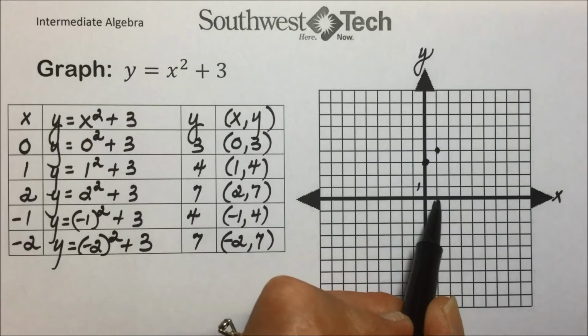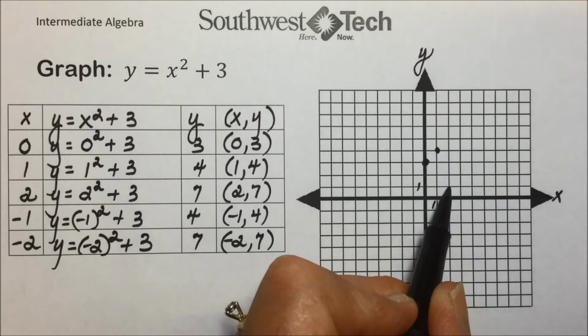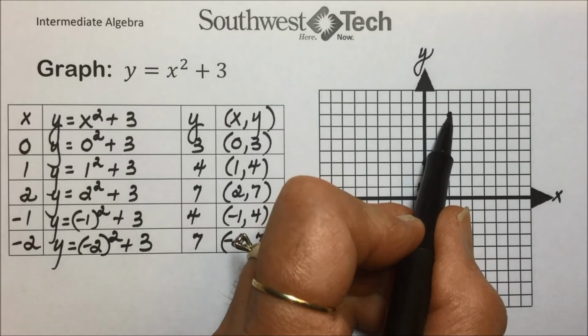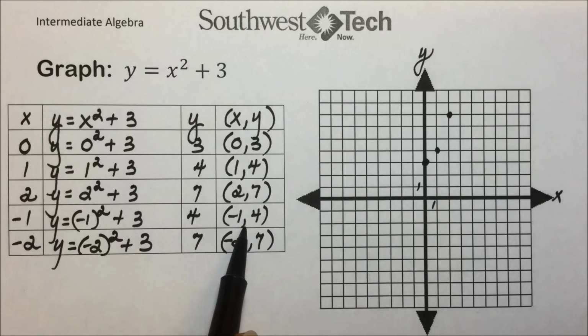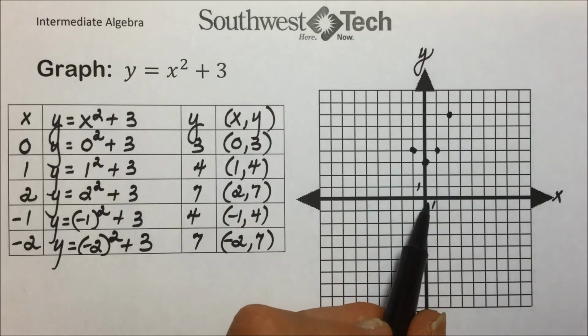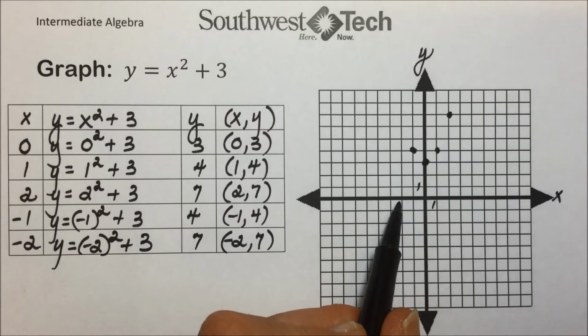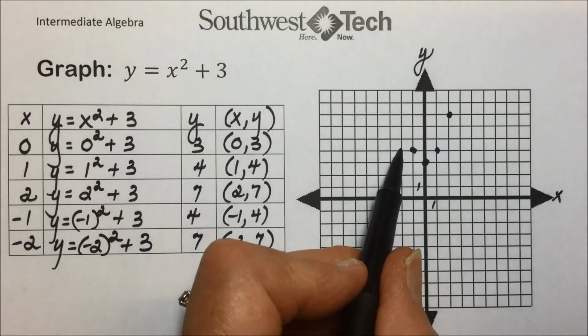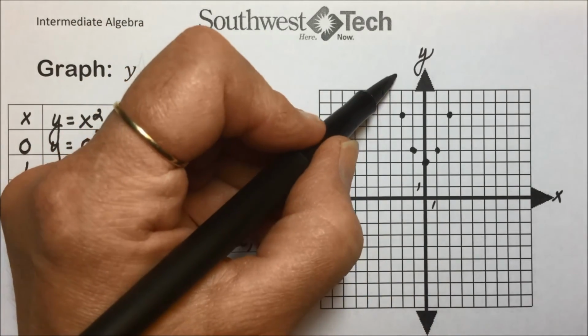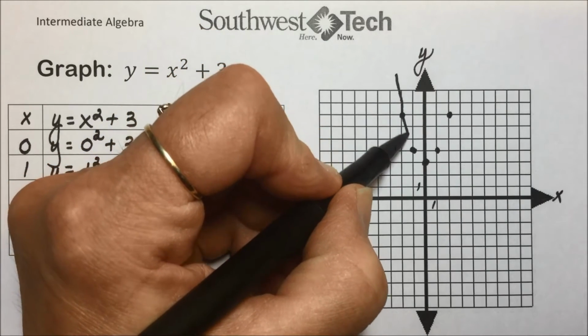Our third point was a displacement 2 in the x and 2, 4, 6, 7 in the y. Then we had -1, positive 4, and then we had -2 and a positive 7. If we use a smooth curve to connect these